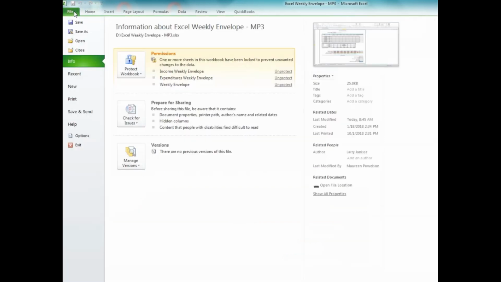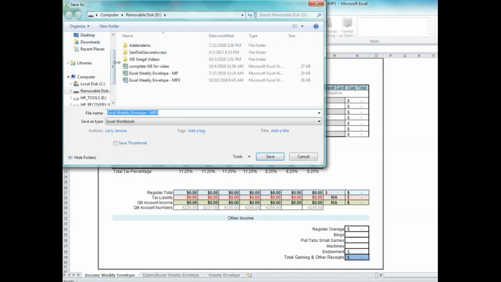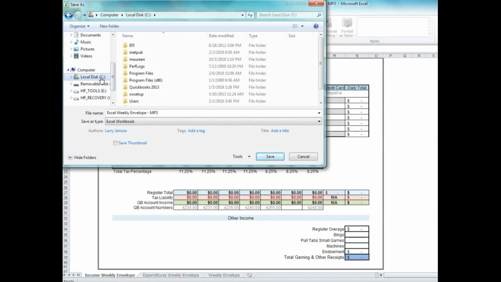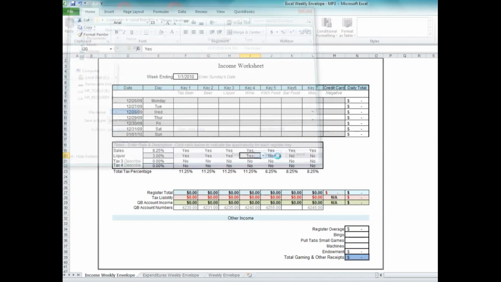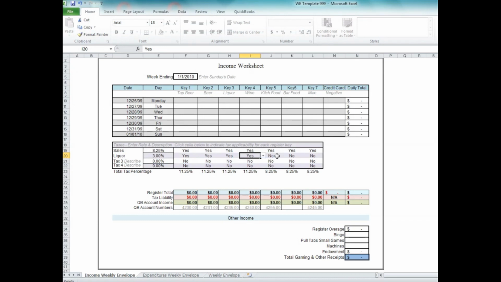So I'll go up to File, say Save As, and I'm going to head over to where I've already created a folder called Weekly Envelopes. Double click on that, and I'm going to name this template WE for Weekly Envelope Template 999, and then I'll say Save. Great, now I've got my template set up. Each week when I go to complete my weekly envelope, I'll open up that template and I can start my